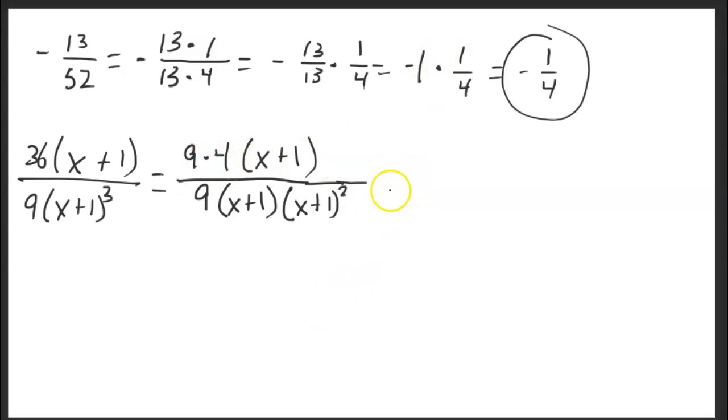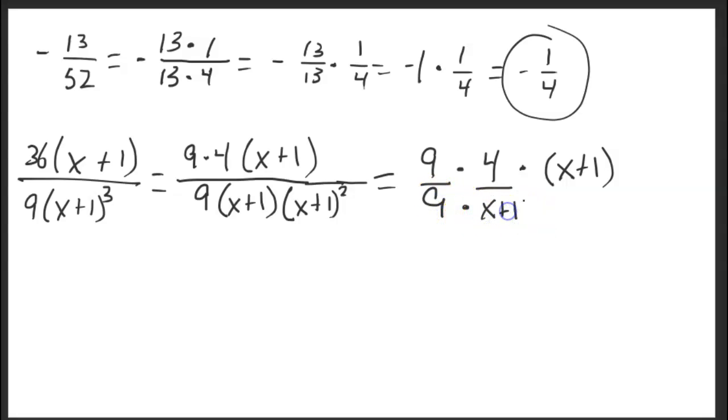So now when I look at this, and remember, these are just factors multiplied to each other, so I can split them apart on top, and then on the bottom I can write them up as this x plus 1 squared here, and then we'll do the x plus 1 here,